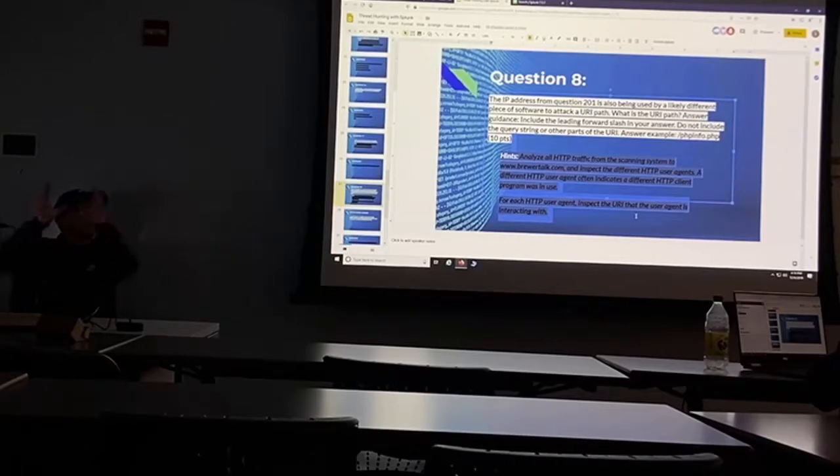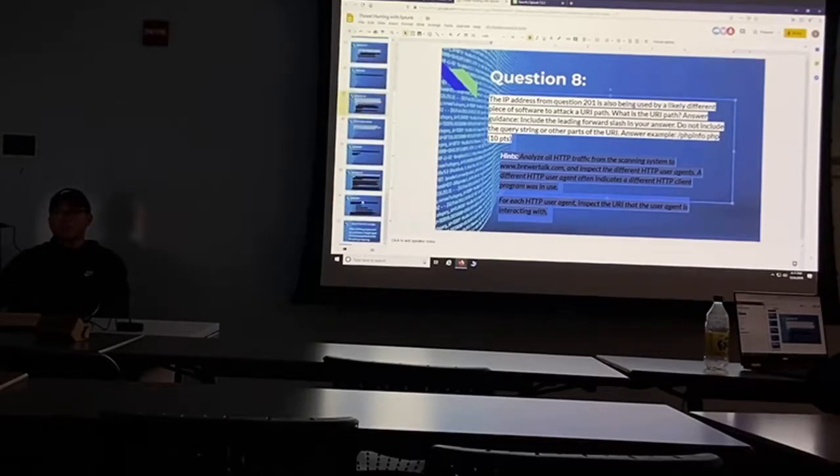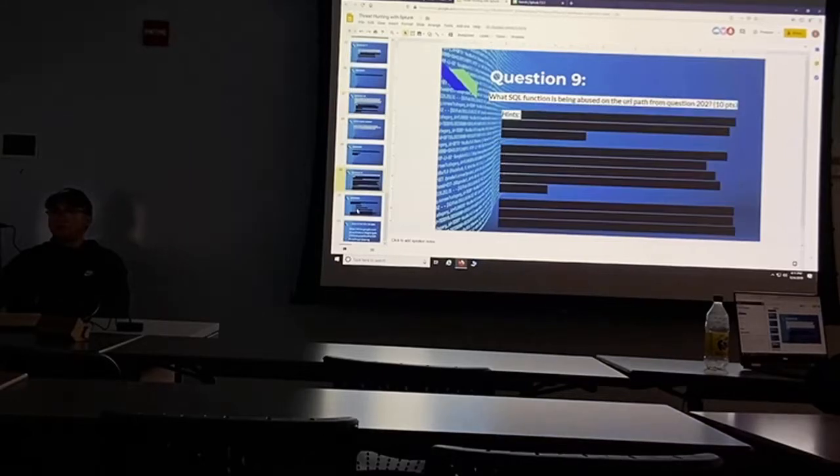We're looking for one specific person, so we're using that to filter and pinpoint each thing, and then find that specific information. So we figured out which one was doing malicious things, right? So we're singling it out, and then we're looking for everything that one particular user agent did. And in that, we can look at what it's querying, and it's looking for that URI path.